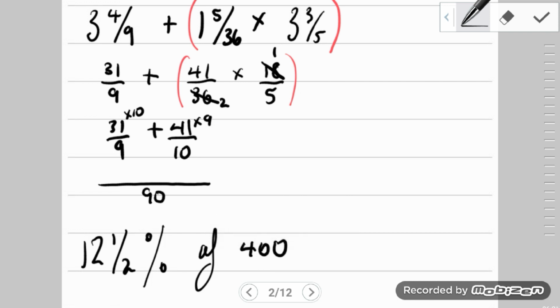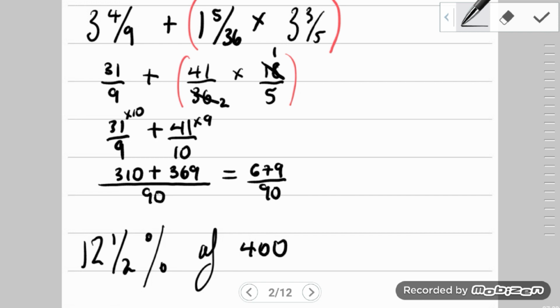Now 31 times 10, that gives us 310. And 9 times 41, I believe that will give us 369. Now when we add those two numbers now, we should get 679 divided by 90, but we need to write our answer as a mixed fraction in its lowest term, or